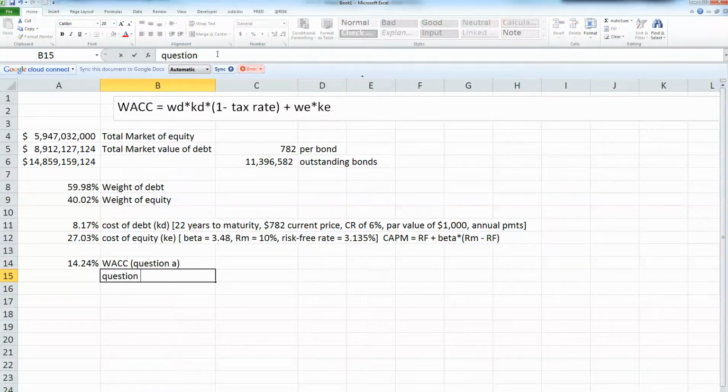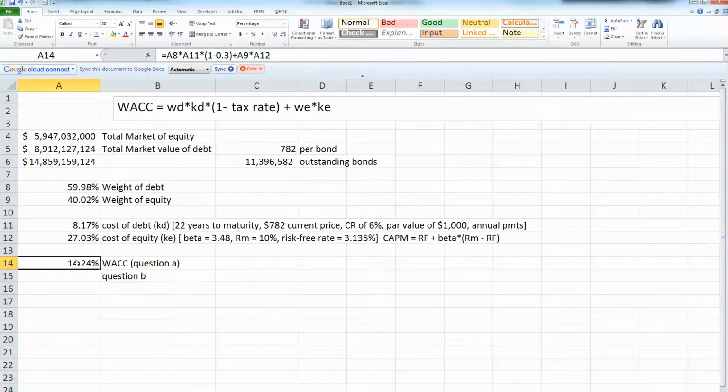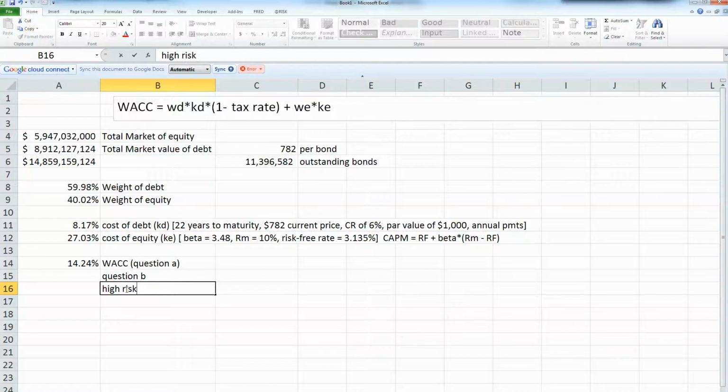Question B asks, what rate should Royal Caribbean use to discount high-risk projects and low-risk projects? A fairly rudimentary way of adjusting for risk is essentially just adding points to the weighted average cost of capital to allow for higher risk and deducting a premium from the weighted average cost of capital for lower risk projects. So basically it said in the paragraph that the company discounts high-risk projects at 500 basis points above